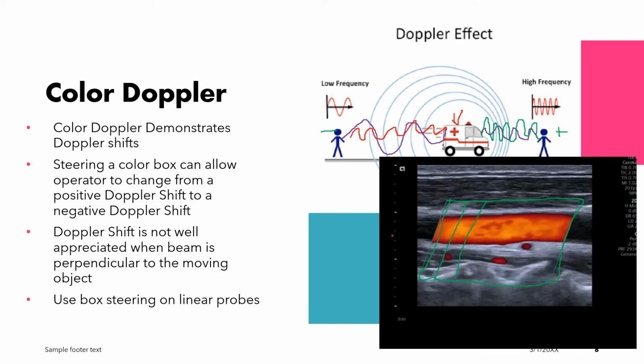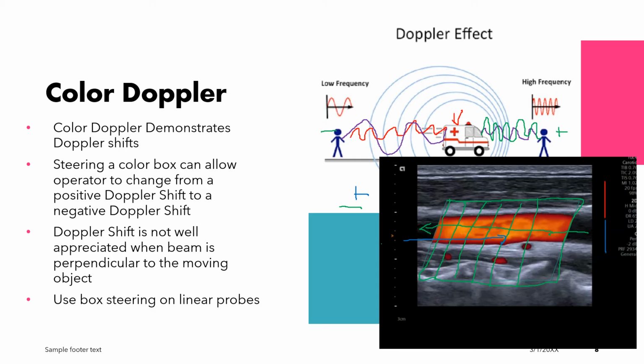Now, this angle, when we look at here, the sound waves are going out like this. So, if I look at this blood flow, if the flow were to be going this direction, it would be running away from the sound waves and would cause a negative Doppler shift. But if the blood were to be going in this direction, it would be crashing into those sound waves, causing a positive Doppler shift. If my color scale was demonstrated with red on top and blue on the bottom,